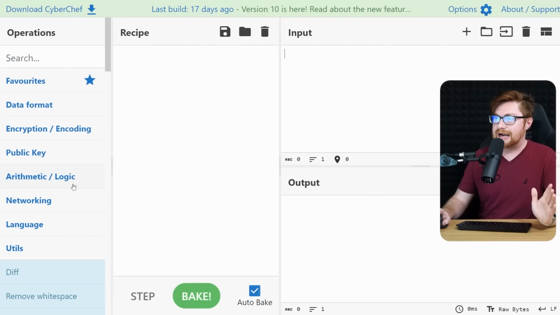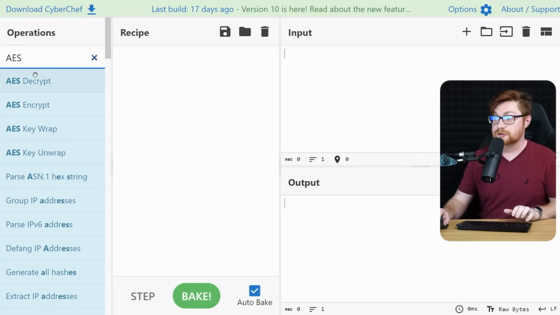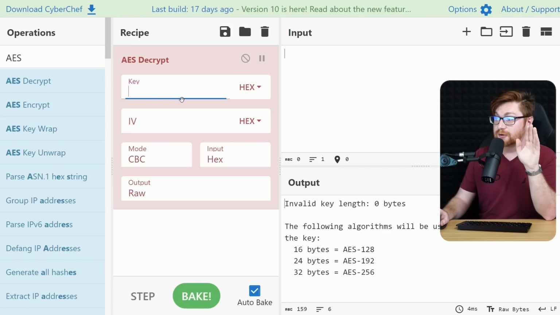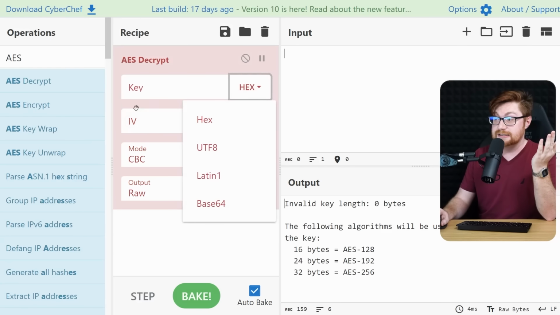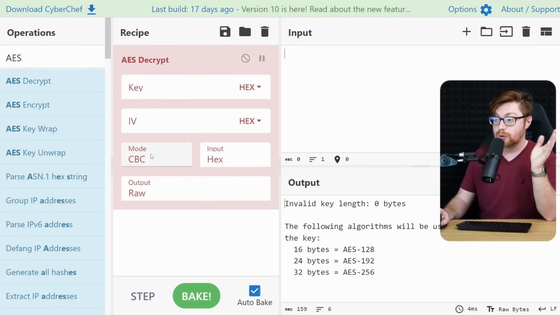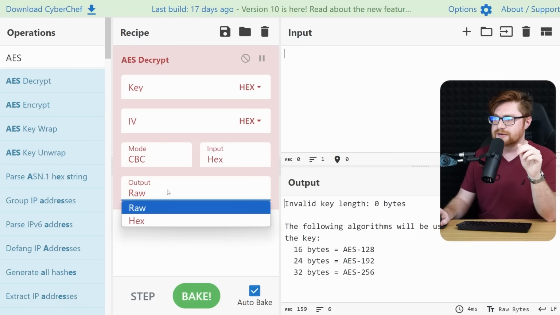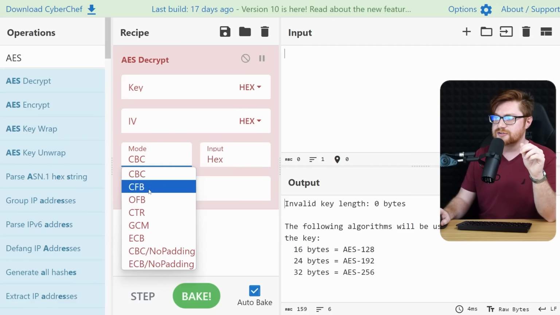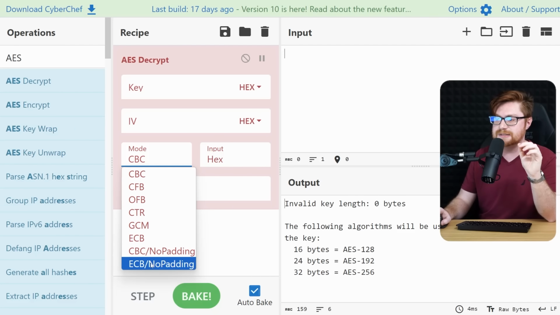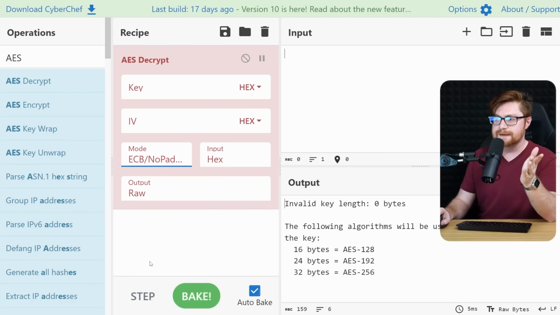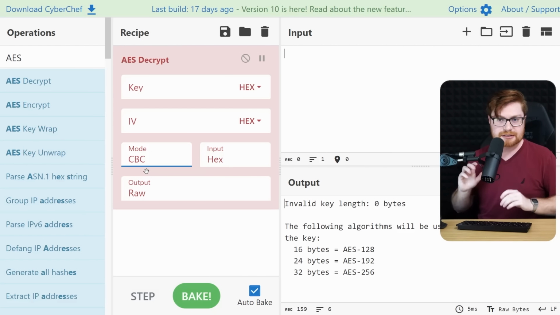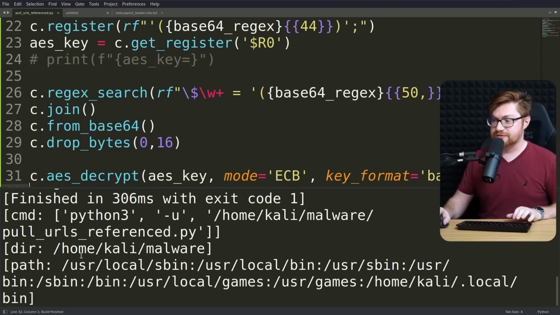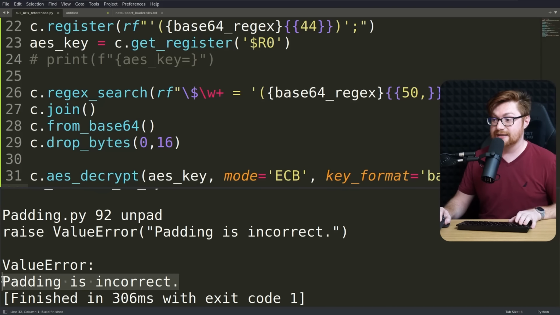And I got to take a look back at CyberChef. And if I were to actually go look for that AES decrypt, I noticed, hey, if you supplied values, key, IV, change the format, everything that you already had sort of an interface to with the Sheppy library, but it also had some other opportunities to use a different mode with ECB and no padding. I didn't see MB Research use that, but it would seemingly work if we weren't getting an error about our padding being incorrect, right? Because again, if I run this, the error every single time is the padding is incorrect,